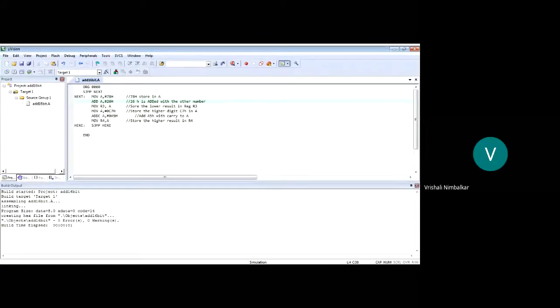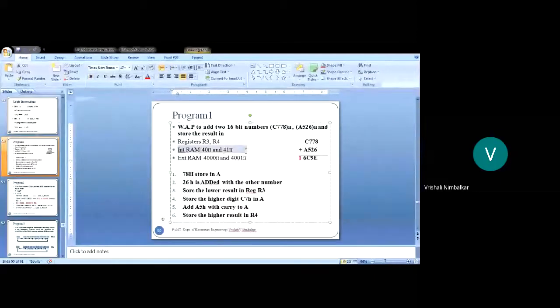Okay, students. Now let us do the same program, right? What did we say? The same program, what are we going to do? It's addition only, but the result is going to be stored in memory. What we did now, the result was saved in R3, R4.